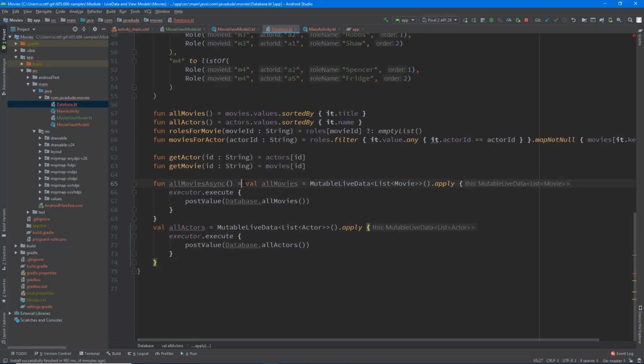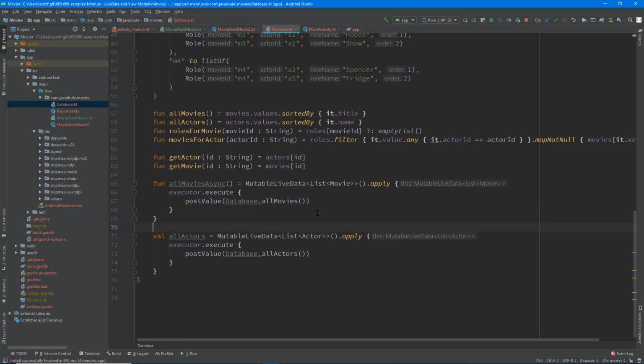So what I'm doing here, and we'll have this one be fun all actors async, kind of like that. And we'll just call those. So now we've moved that functionality into our database so the database can manage the threading